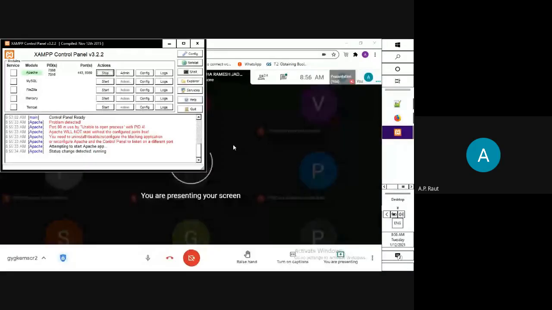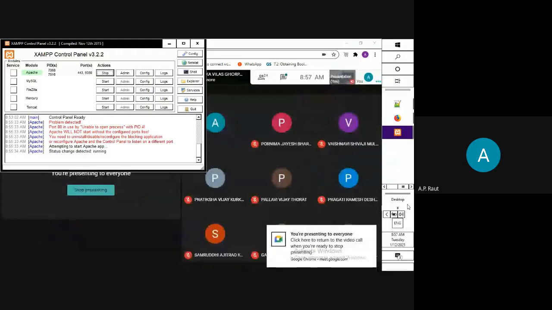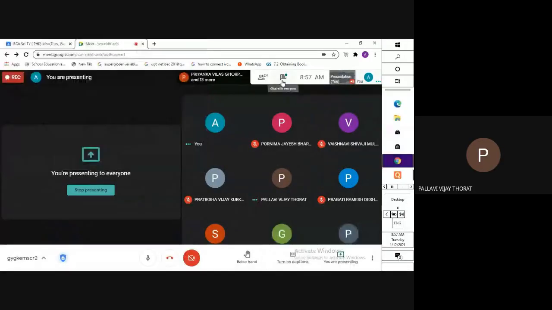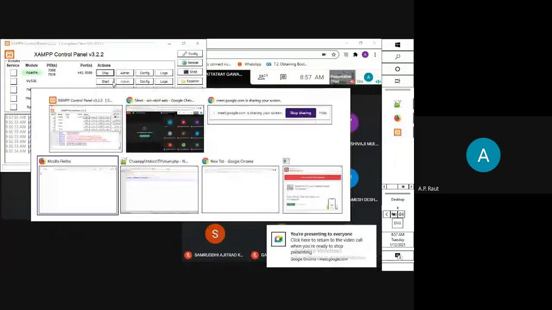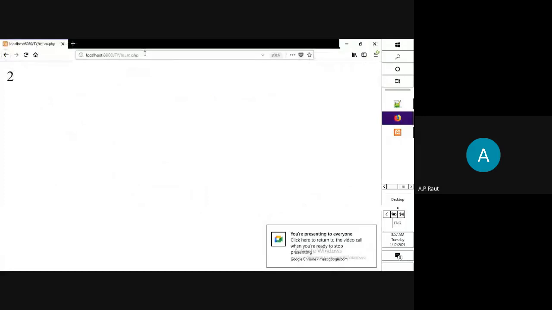First we start the Apache server. Is the screen visible? Yes, ma'am. Okay, first go to Apache server, start the Apache server, then go to Firefox and the URL is